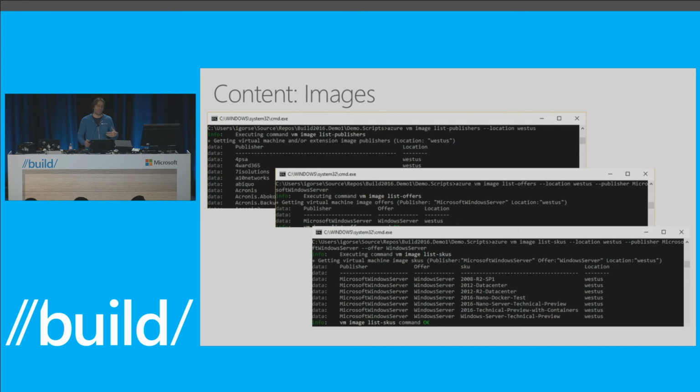So you can use command line, and it's built in a way where you can query for publishers. So publishers like Microsoft is a publisher, and you can query for SKUs. And so what SKUs are, things like Windows Server, right, or SQL Server. And then from the SKU, you can query a set of images.